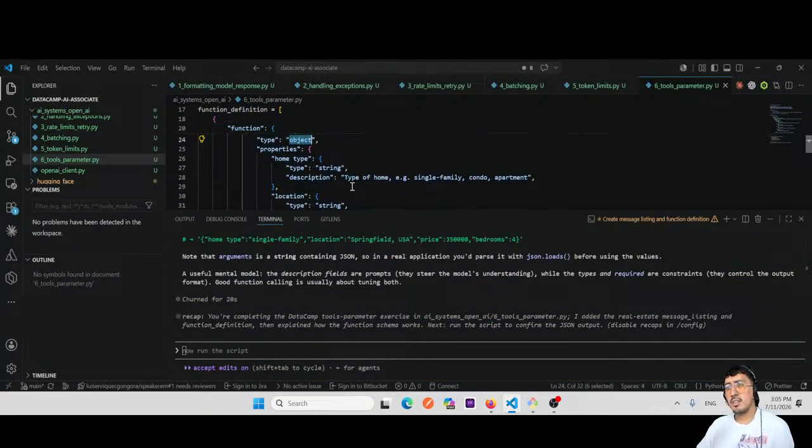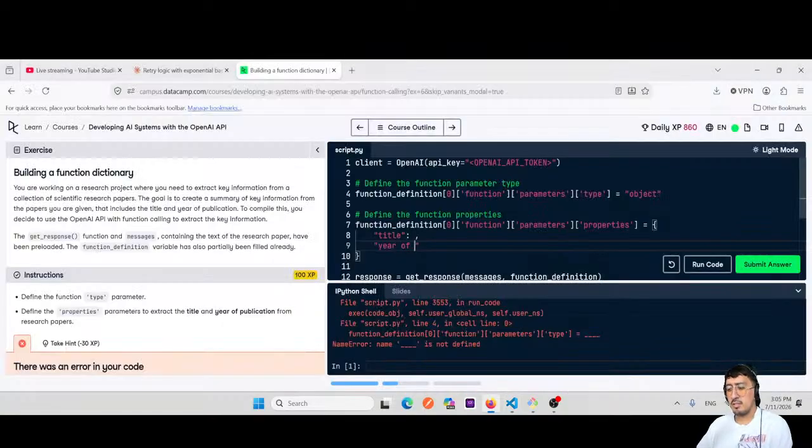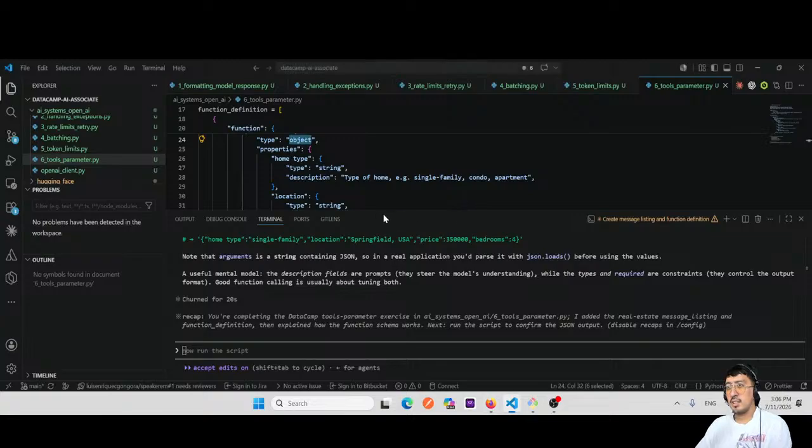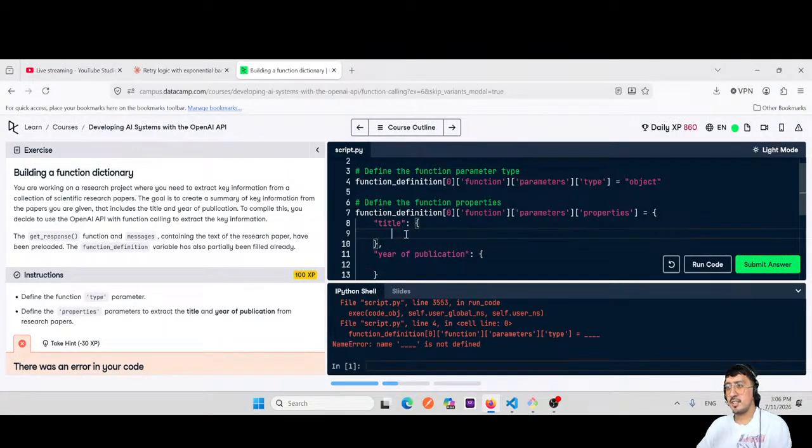Yeah, year of publication. And then in here, each one is an object, and then we should define inside the type, and also here the type. I assume that both are string,